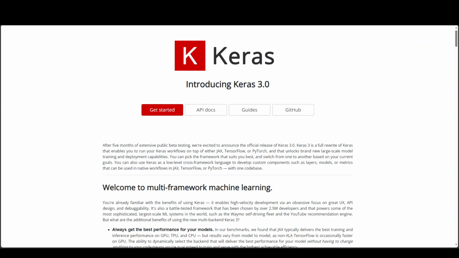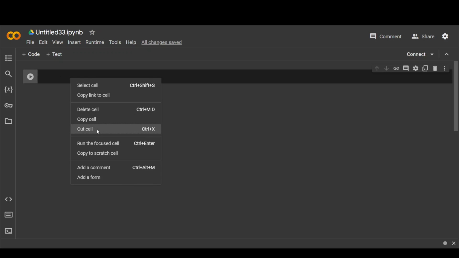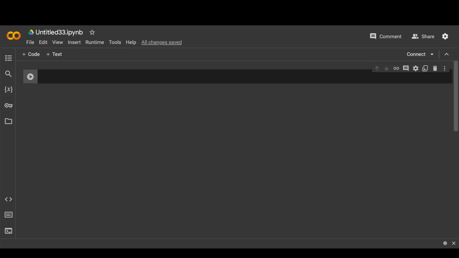So let's get started. This is my Google Colab, as you can see on my screen, and this is a free version and I'm using CPU. There is also GPU support, but in this video I'm just going to go with the CPU. The first step we need to do is to make sure that TensorFlow is installed and we have the latest version. So let me quickly put in the TensorFlow command, and I'm using the trusted